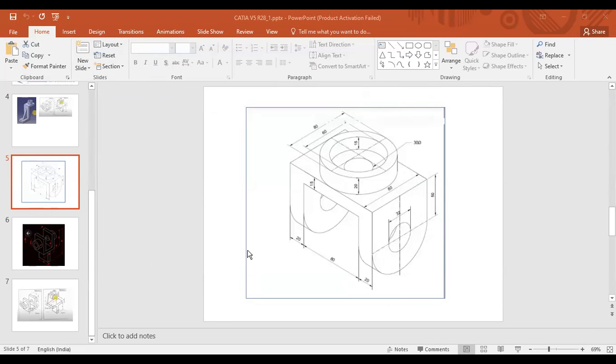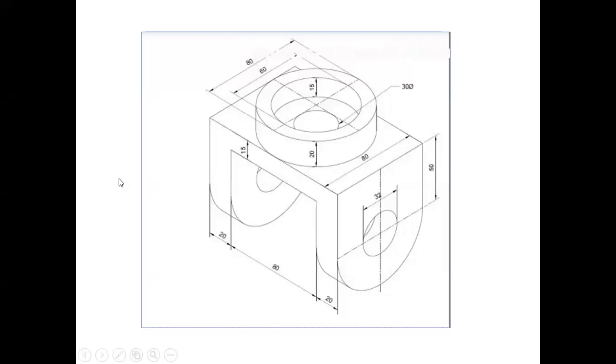Okay, as per the drawing that I have shared with you, please have a look at that. Whenever you are creating a part, always follow